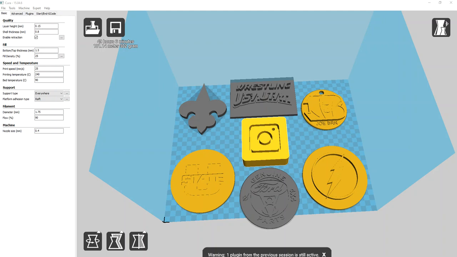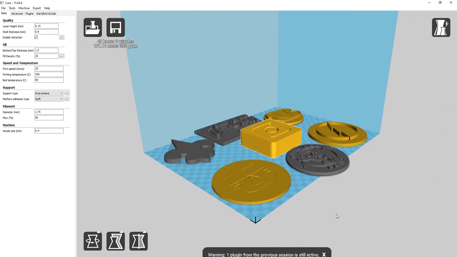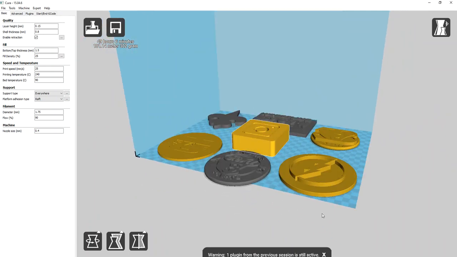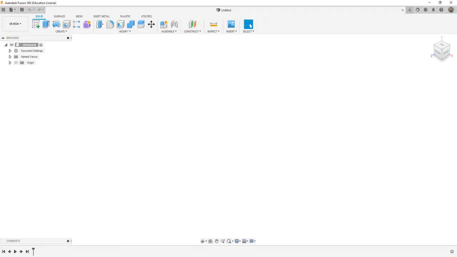For this assignment, I'm going to show you how to make a 3D logo. Here are some examples that some students have made. So you can have all different shapes, sizes. So what I show you will be the basics, but you can do different, then you make yours unique. So first off, you need to open your Fusion 360